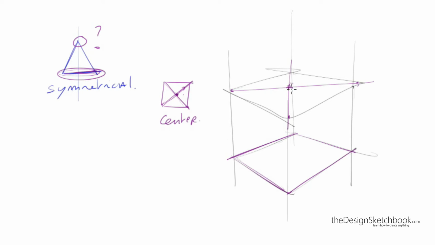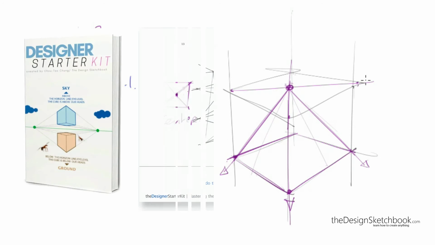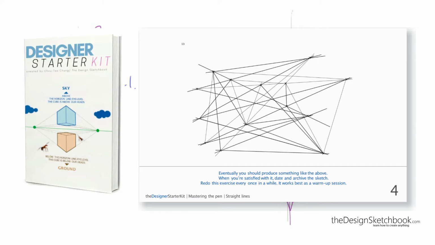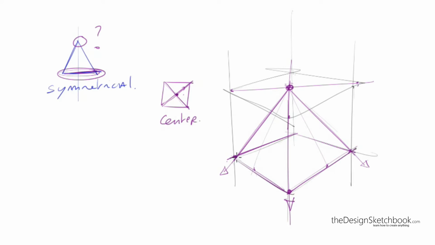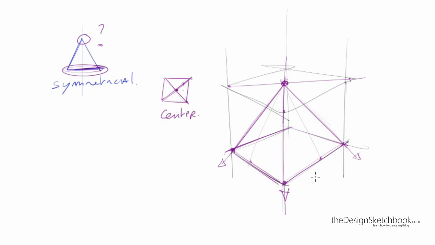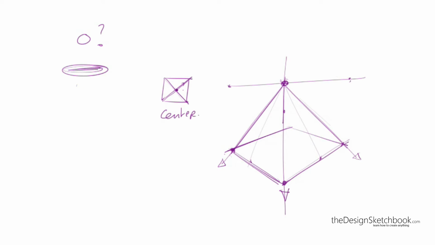So the diagonal, center right here, and what you need to do is to connect it to the square edges, the little corners. Here we go. Don't hesitate to draw the line, go beyond the dot. I give you also some straight line exercises in the designer starter kit, by the way, to improve your quality of line. And I like to add the extra contour line right here that I consider to be more clarifying